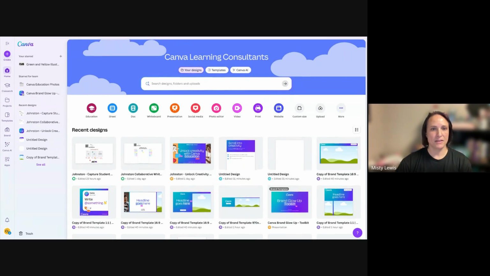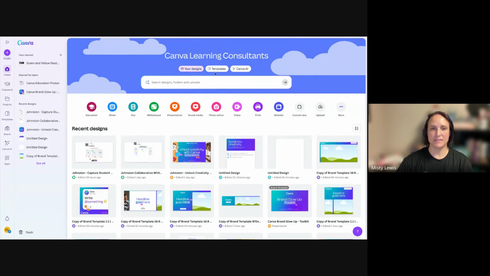Okay, so right now you should be able to see my Canva homepage. From your Canva homepage, this is where you can get to anywhere you need to go within Canva. Over on the left-hand side, you will see that there is a circle down in the bottom left-hand corner, and